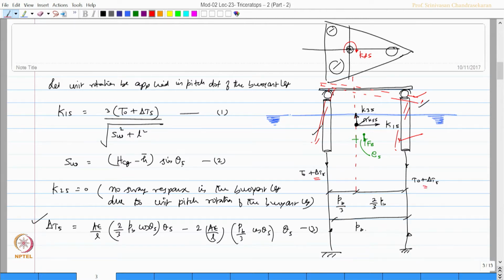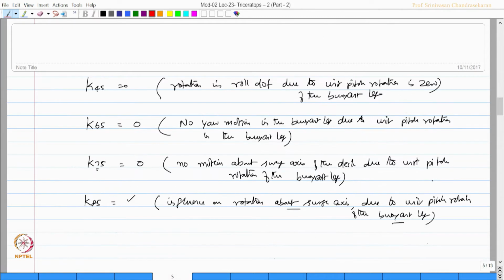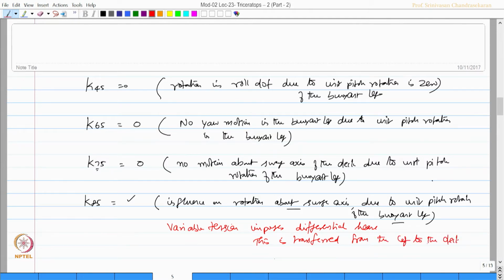Please understand, variable tension imposes differential heave, and this is transferred from the leg to the deck, and that causes